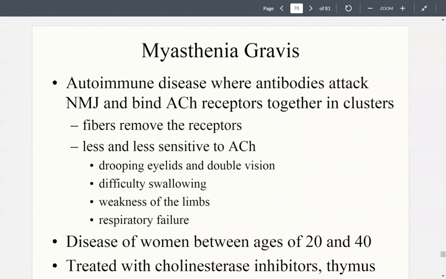This is going to cause issues wherever we find acetylcholine. Now, we're talking about acetylcholine when it comes to skeletal muscle, but you have acetylcholine receptors everywhere in your body, in all systems, not just muscle related. So this is going to cause things like drooping eyelids and double vision and difficulty swallowing, weakness of your limbs, and the reason you typically are not going to survive, respiratory failure, inability to breathe.